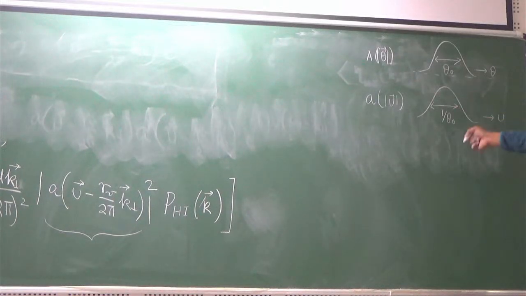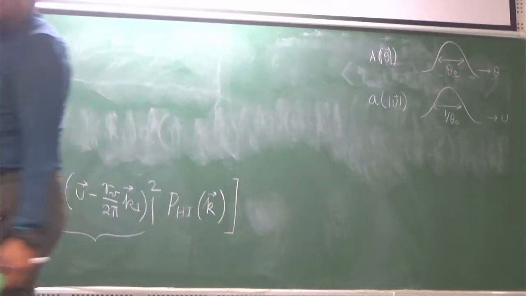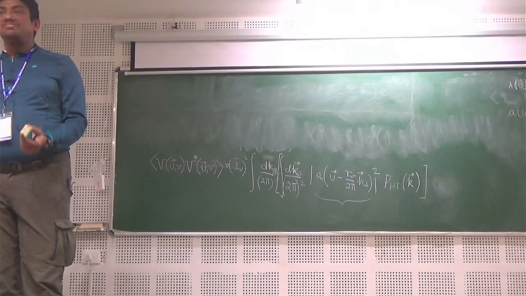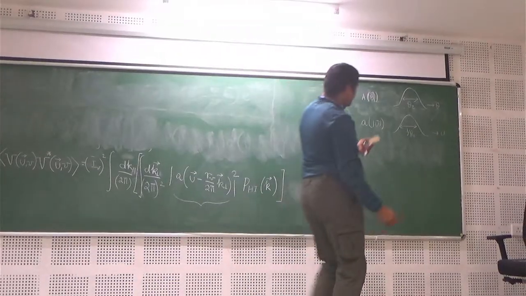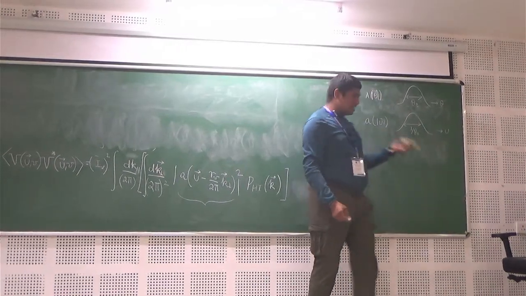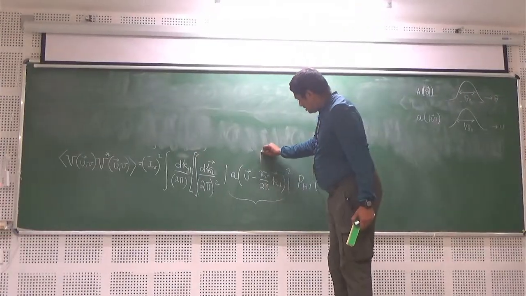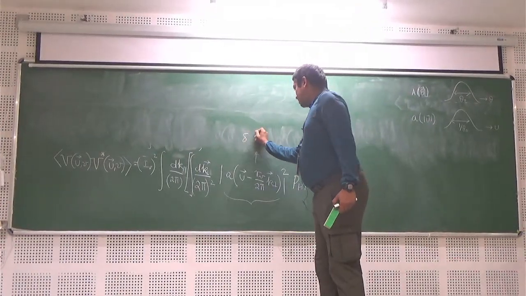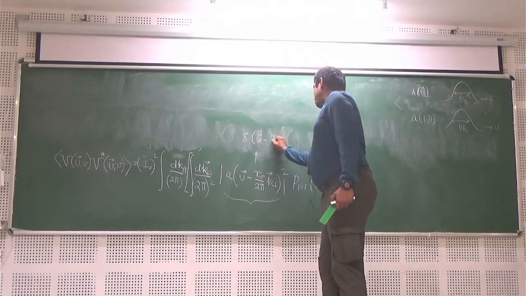It will look like a delta function, but remember the delta function integrated over the entire space. What will be the value? By definition it is 1, right? But there is no guarantee that this, integrated over all space, will be 1. So what you say is that this quantity I approximate like a delta function. So this I will call delta u minus r mu by 2 pi